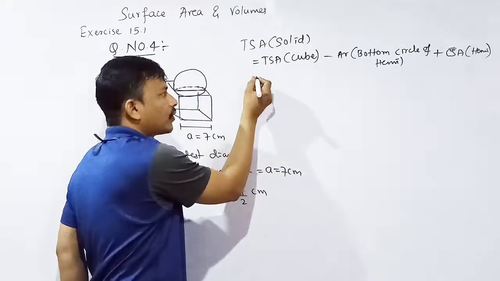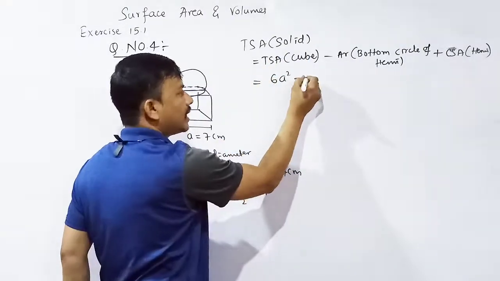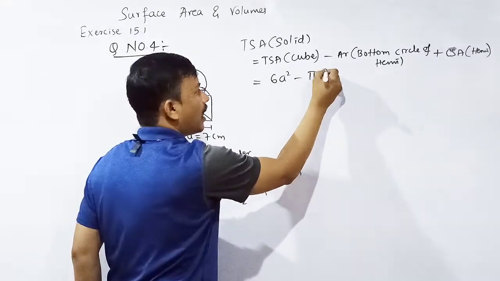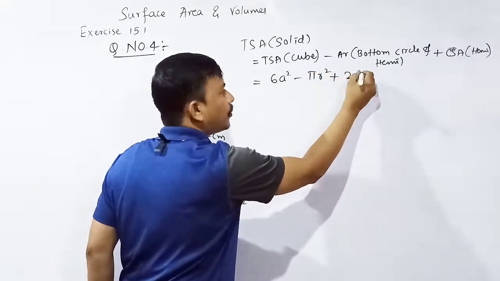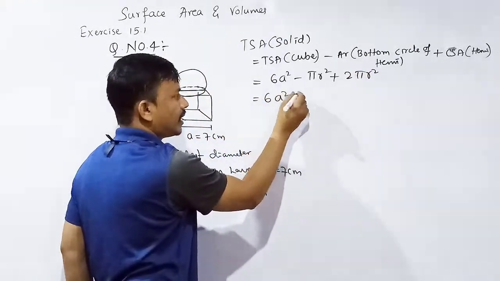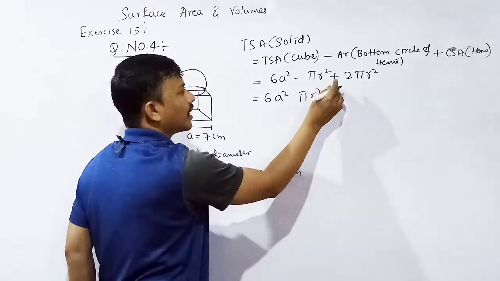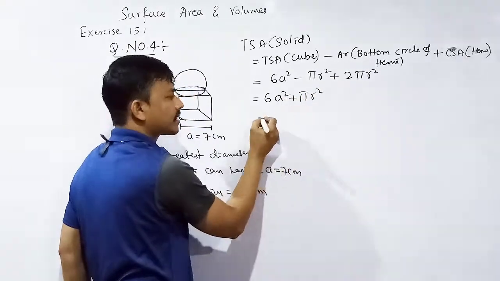What is the formula for total surface area of cube? 6a square minus pi r square plus 2 pi r square. 6a square, 2 pi r square minus pi r square, pi r square, plus